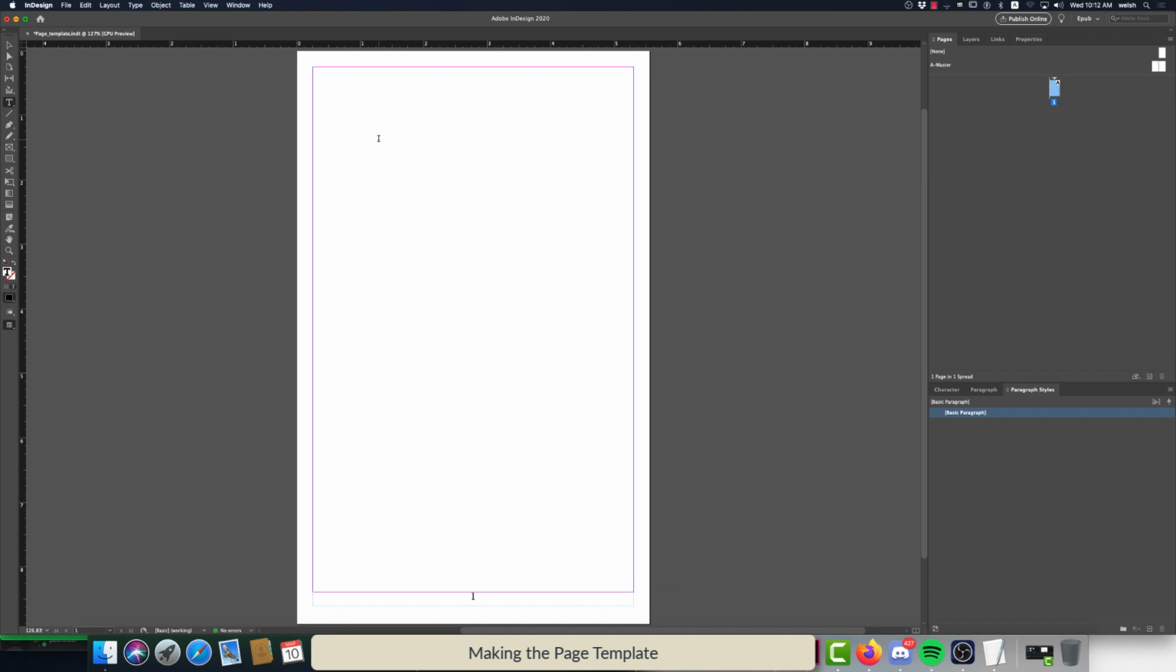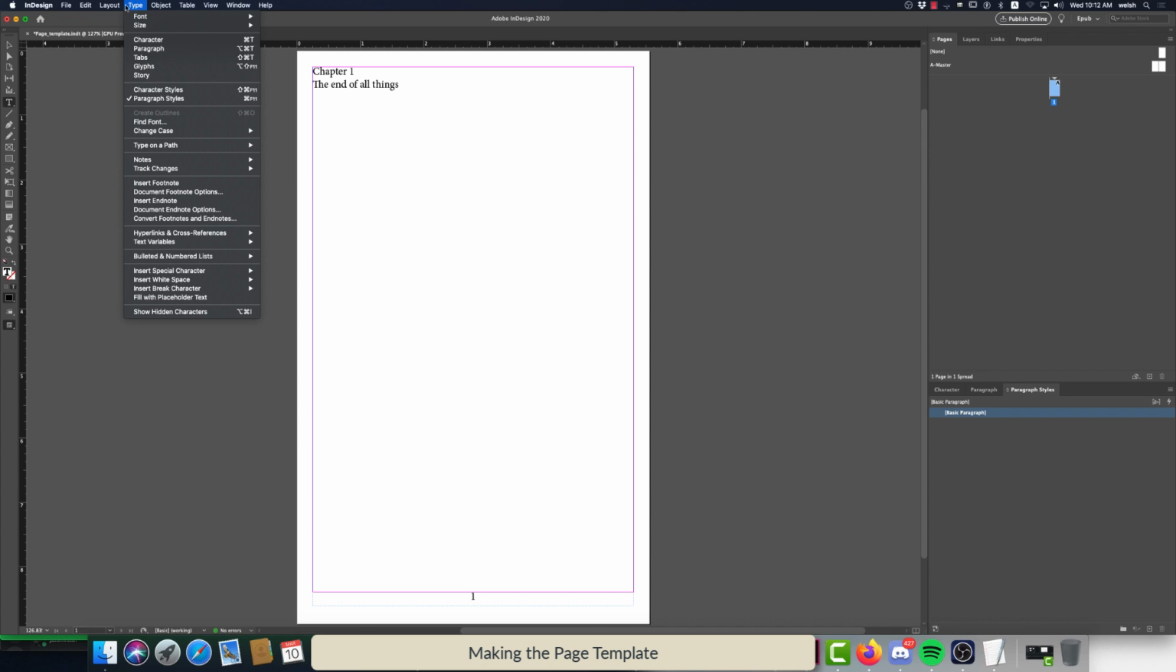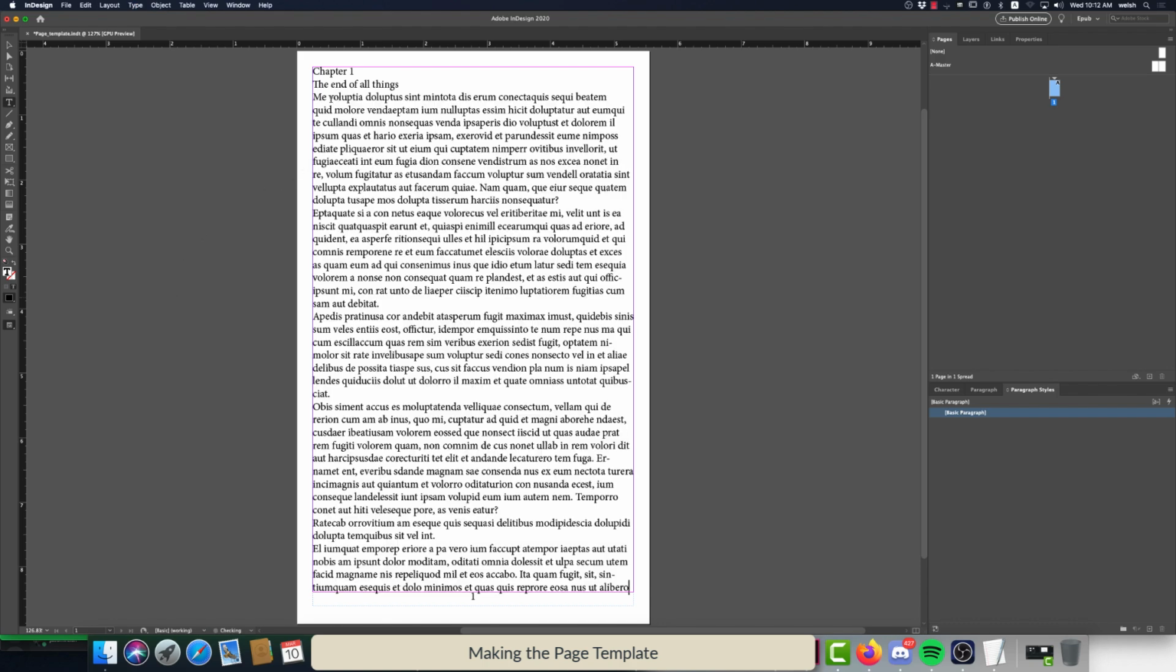within the margins. I type out chapter 1 in a title, doesn't matter what you call it. The end of all things. And then the rest of this is going to be filler text. So we go into type, we go into filled with placeholder text. Bam. All right, so over here in the properties,